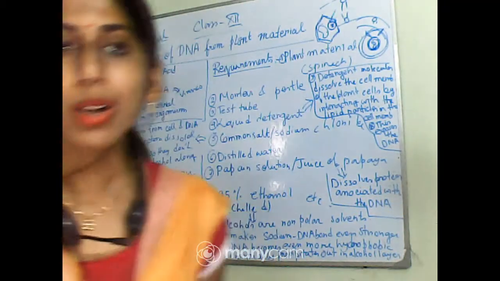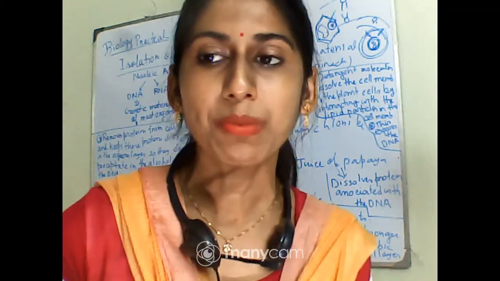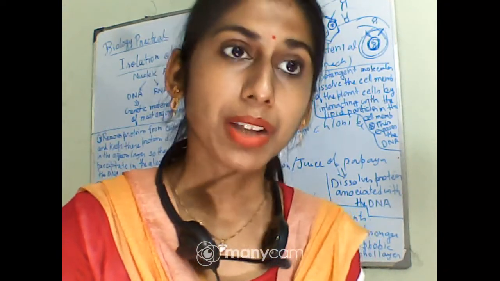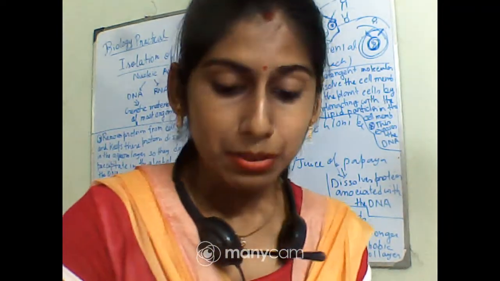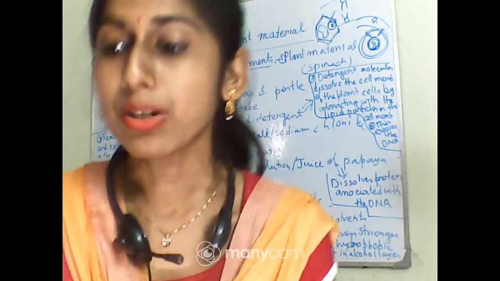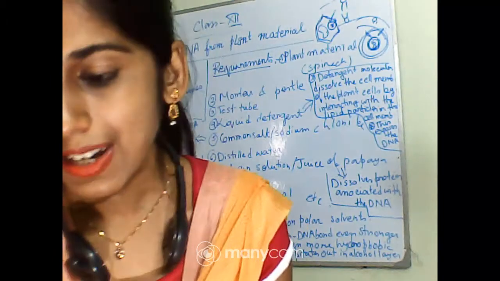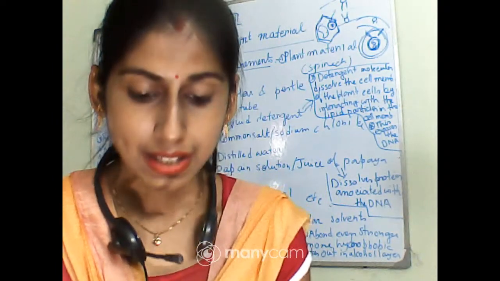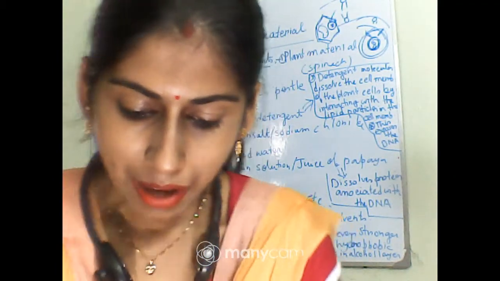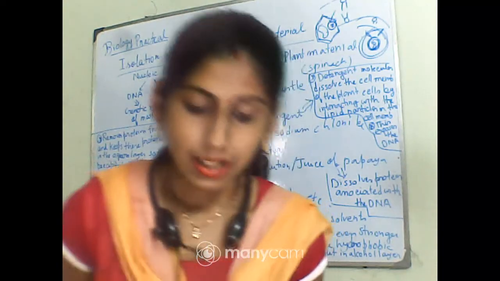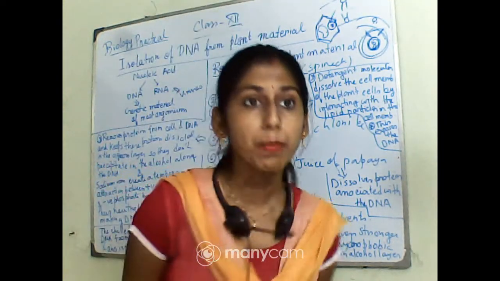So you know what the objectives of this particular practical are. Now let me tell you about the requirements. For that we need some fresh flowers of maize or any other cereals or grass. We need salvia flower, we need mustard flower which is called brassica, and we need some hand lens, slide, needle, etc. Now let me tell you the procedure.